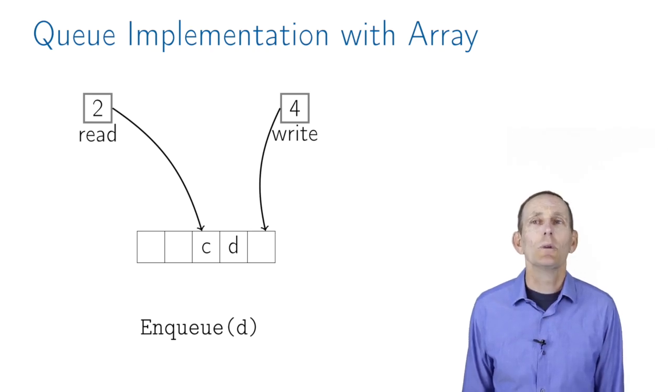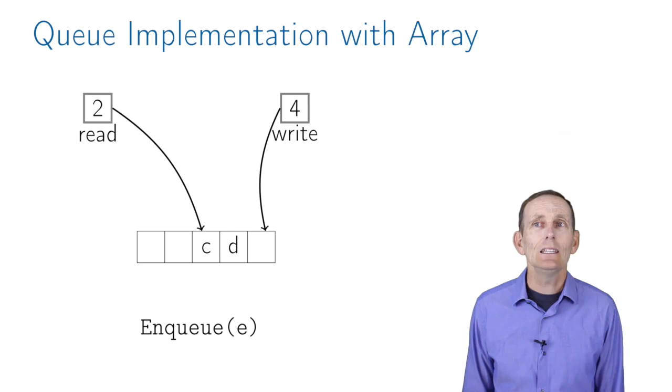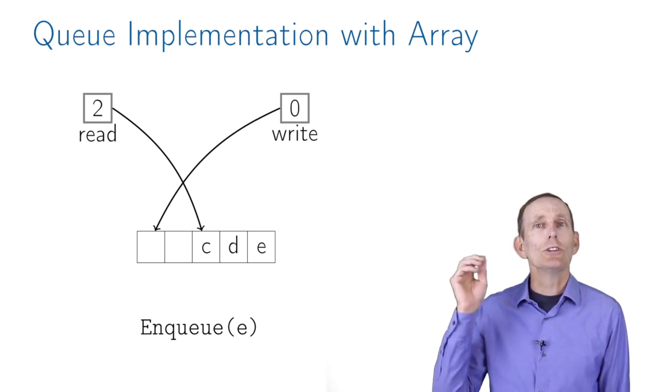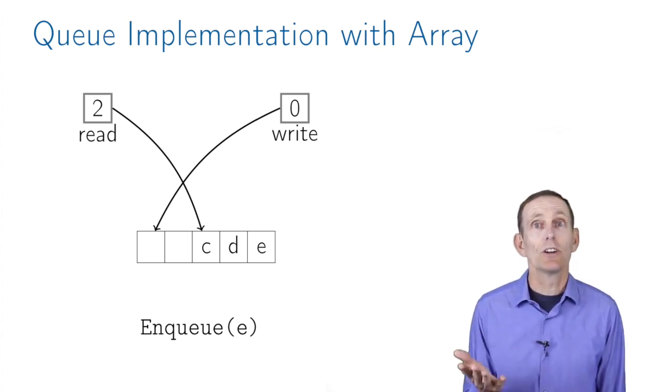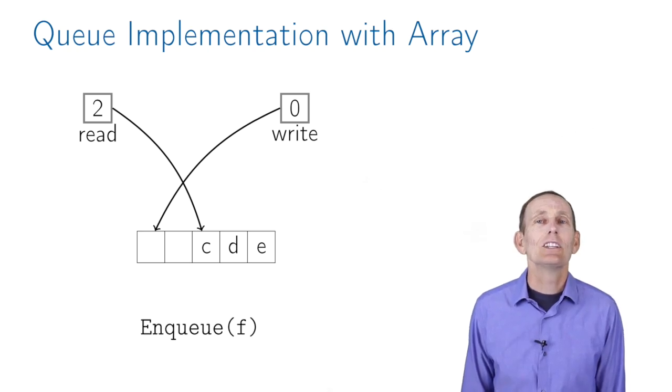Notice at this point when we enqueue D, the write index is 4. That's the next place we're going to enqueue to. So we enqueue E, which will have us write to index 4, and then the write index wraps back around to the initial element. Here it's important to note we're using zero-based indexing of this array, because the first element is 0. We enqueue again, enqueue F,